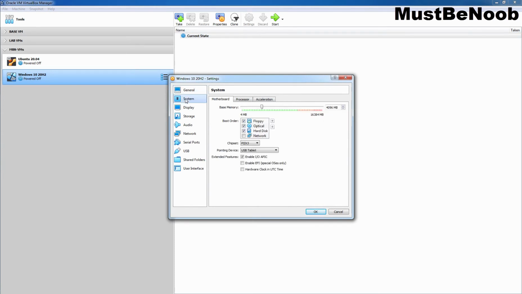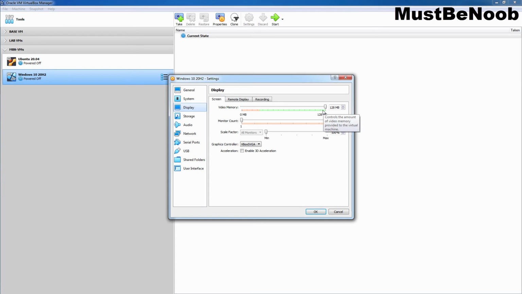First, I'm going to click on System and change the boot order. I'm going to clear the checkbox in front of floppy and drop it down. So, in our boot order, the optical disk is going to be first and then the hard disk. Also, I'm going to select this box, Enable EFI, as we want to install Windows 10 in UEFI mode. Now, I'm going to click on the Processor tab and we want to use 4 processor cores for this virtual machine. Then, I'm going to click on Display, and 128 MB of video memory is assigned to our virtual machine.